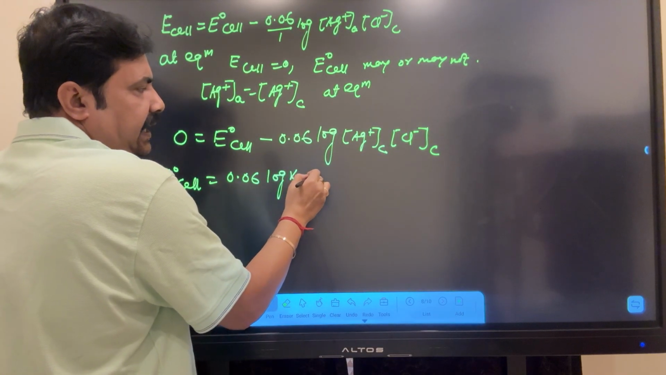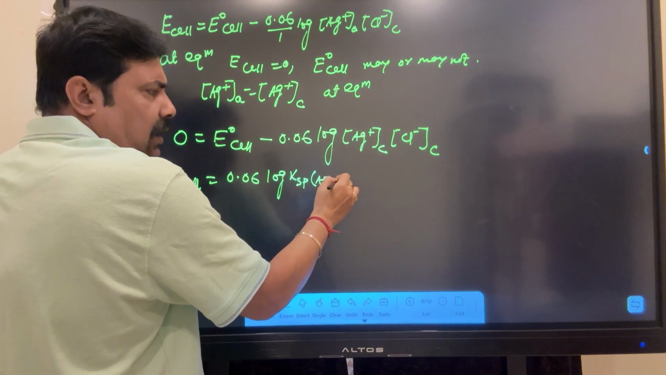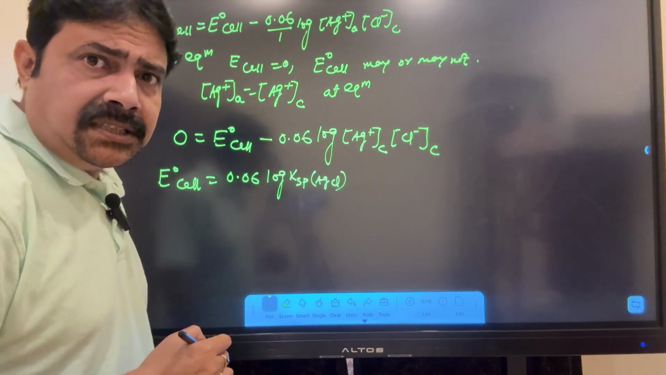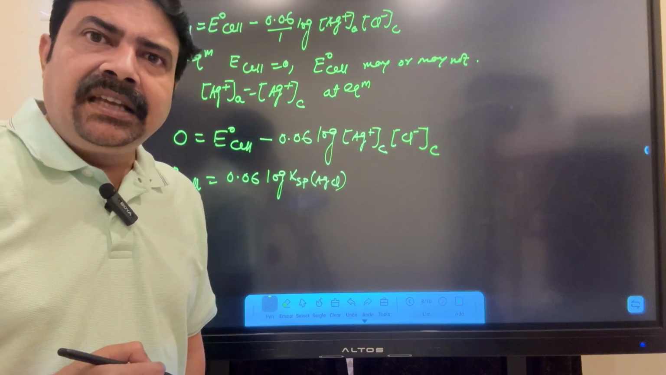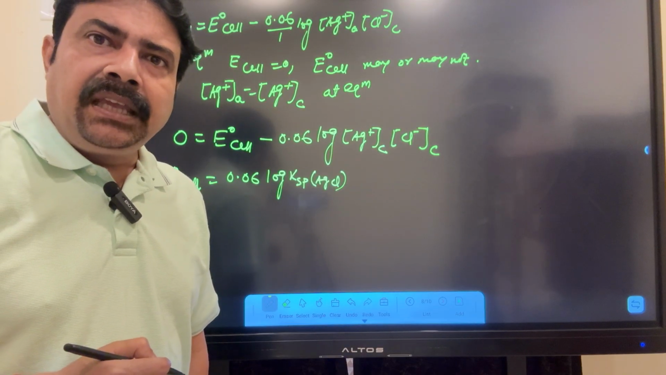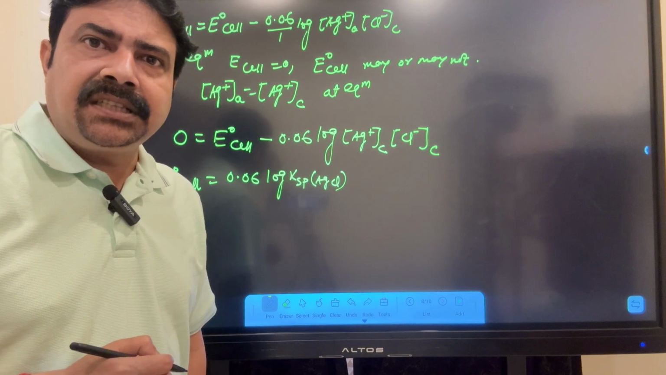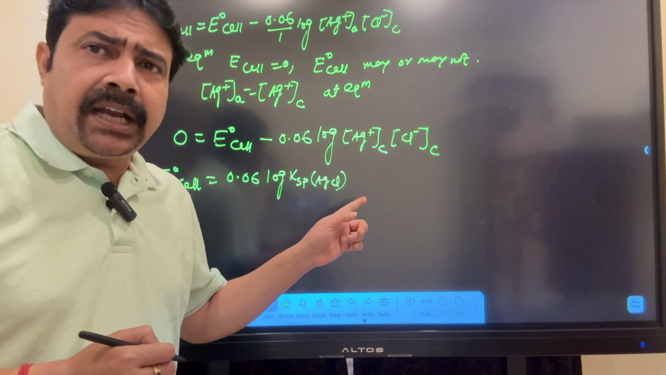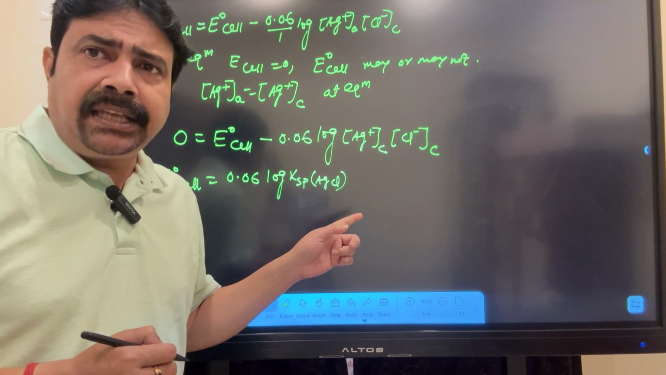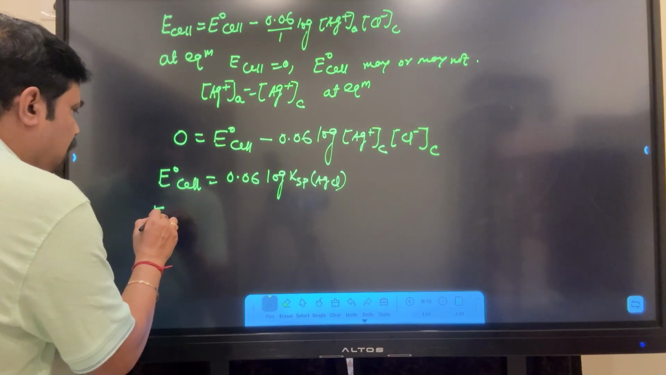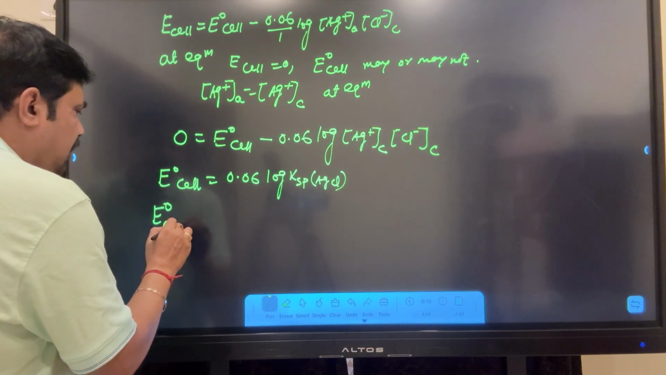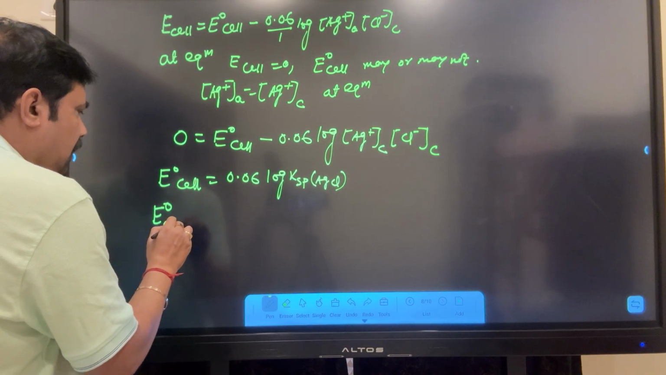I am writing Ksp of AgCl. You understood the concept: if it is the silver ion concentration at the anode, we cannot write that equal to Ksp. But if it is silver ion concentration at the cathode times chloride ion concentration at the cathode, then only I can write these things. Now immediately E naught cell will be equal to E naught of oxidation,